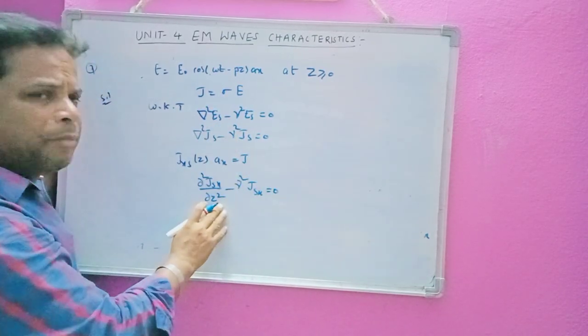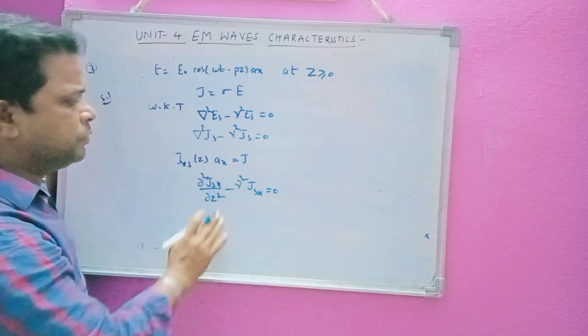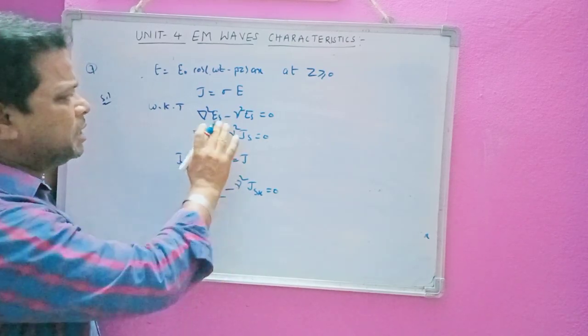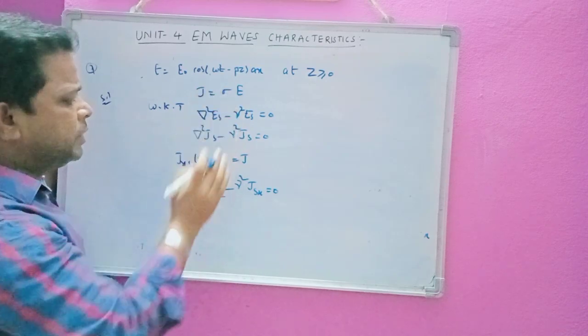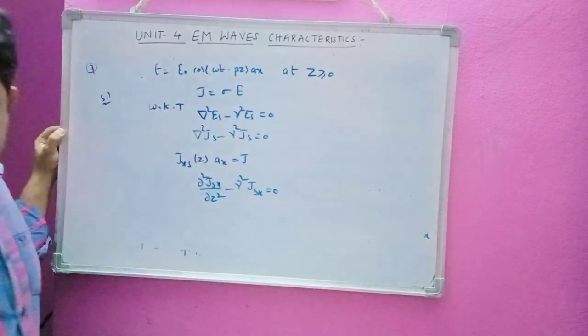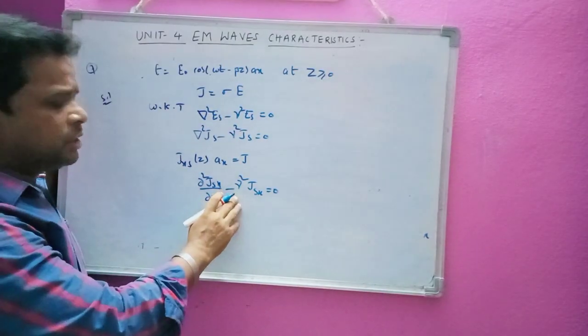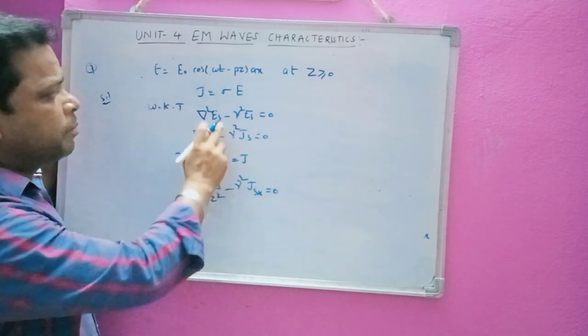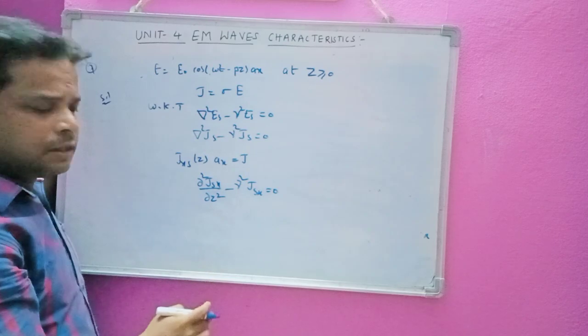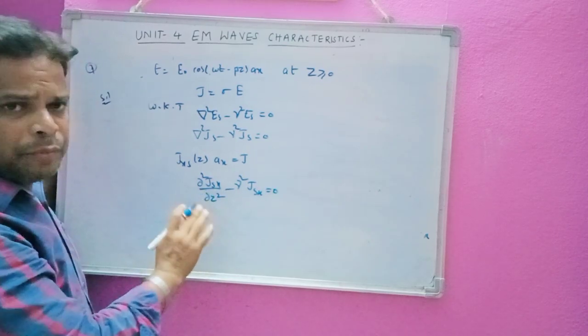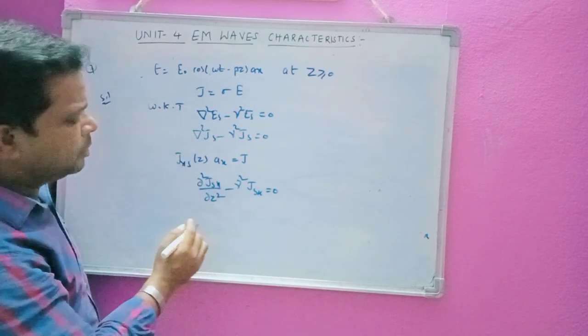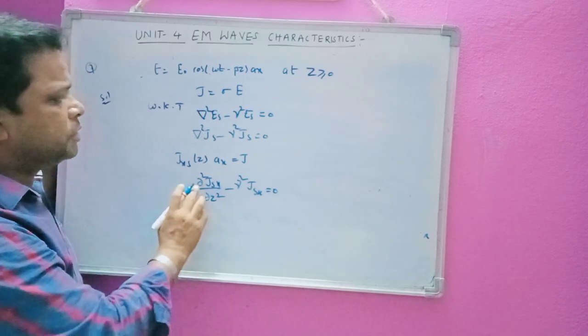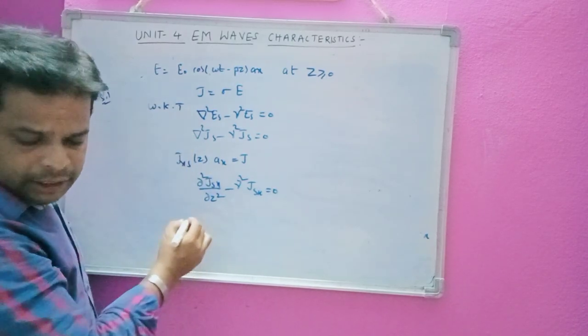We are just applying the wave concept theory here. In place of E, we are going to replace it with J, that is current density. So now this equation is in the form of a differential equation. The solution of this equation we have already done using del square Es and gamma square Es. Now we are going to perform the same procedure that we have done for the calculation of the wave equation for E and H. That is the solution.